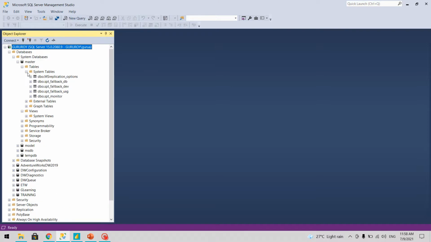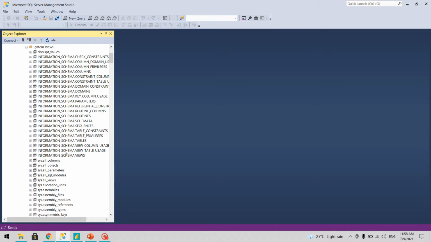So these are system tables. Then you have some system views also, which allow you to check the system related objects. If you see all objects, it will list out all the tables, views, etc. Similarly, there is all views, which will allow you to view all the views as well.